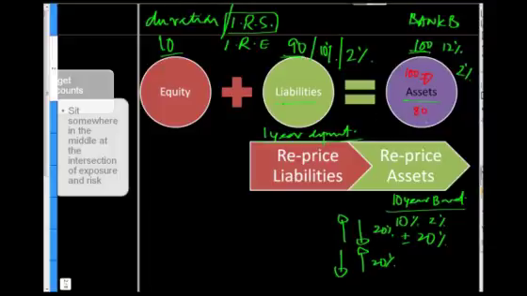Now if you look at the liabilities, on the liability side we have a 1-year deposit. Let's also assume that it's possible for us to reprice this deposit, and the value of this deposit, when rates change, comes down from 90 by the amount that this deposit will change. Let's assume that the duration or the interest rate sensitivity of this deposit, because it's a 1-year deposit, is only 1%. So if rates go up by 2%, this deposit pool is now worth 88.